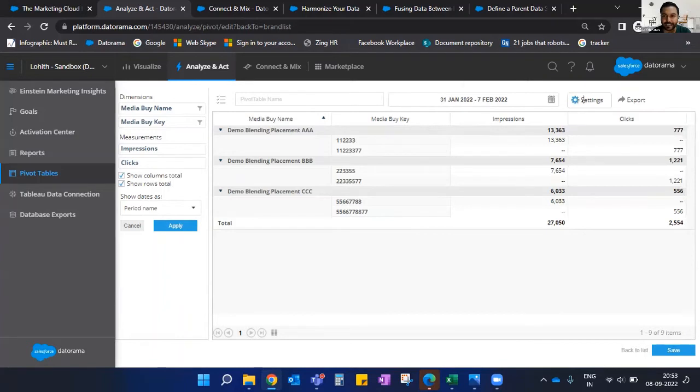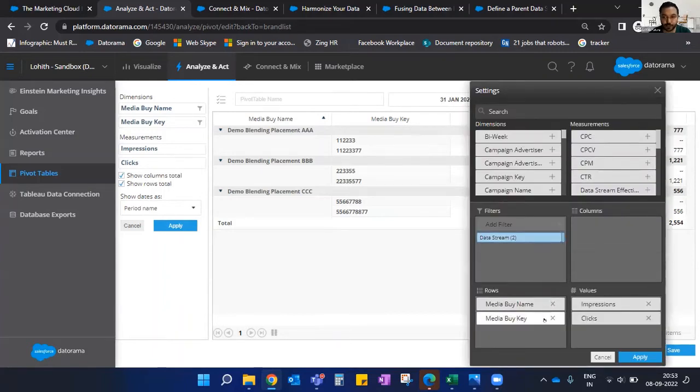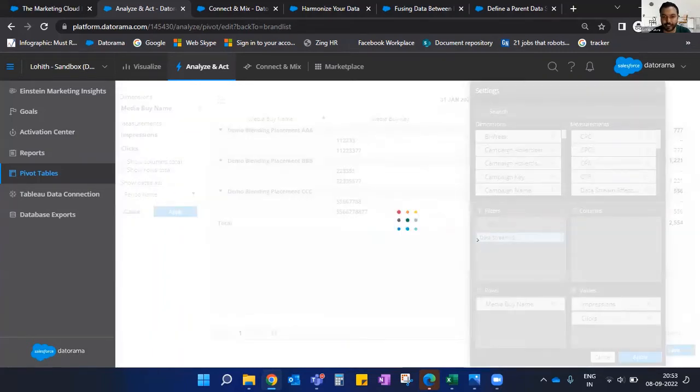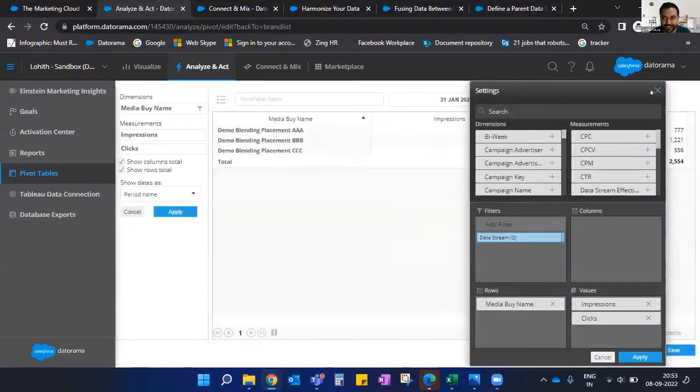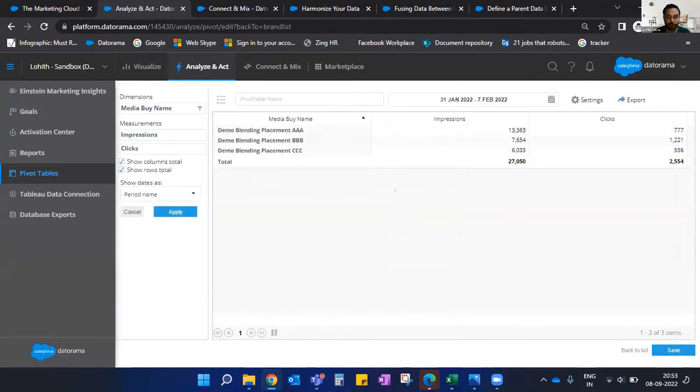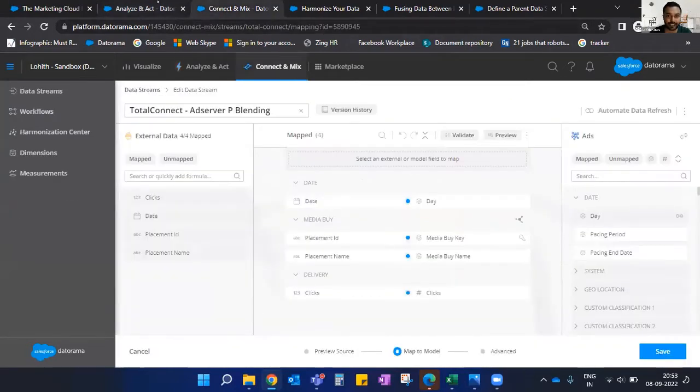And to be frank, you actually never use media by keys for your reporting. You always extract the information coming in from the names, and that's how you report it, and that's how we achieve blending. And if you have to extend,